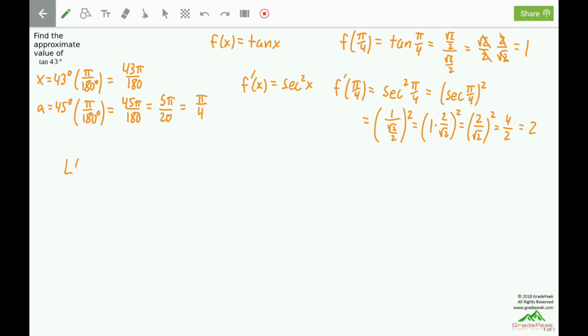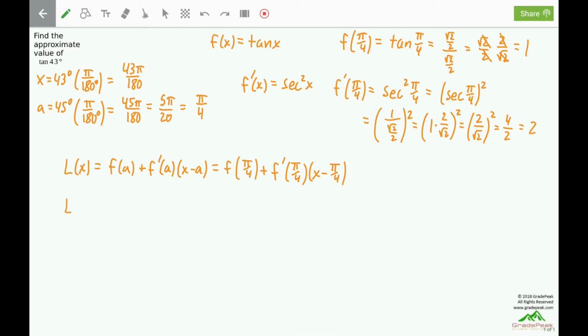The formula for the linear approximation is f of a plus f prime of a times x minus a. In this problem, a is pi over 4, so this will be f of pi over 4 plus f prime of pi over 4 times x minus pi over 4. We have values for f of pi over 4 and f prime of pi over 4 that can be put into place,